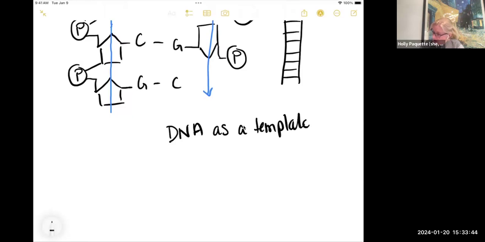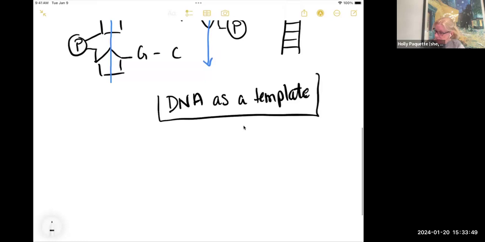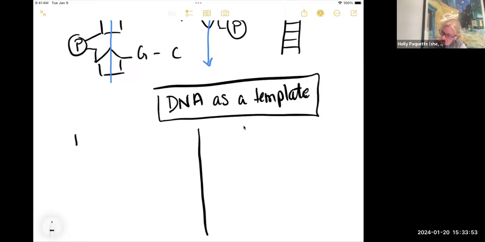And there's 2 times that it does this. So I kind of want you to think about DNA being a template with all that information. We can divide that into 2 halves. One of them is DNA replication. So when the cell is going to go through cell division, it needs to make a copy of its DNA. It will do so by DNA replication. So this is the copying